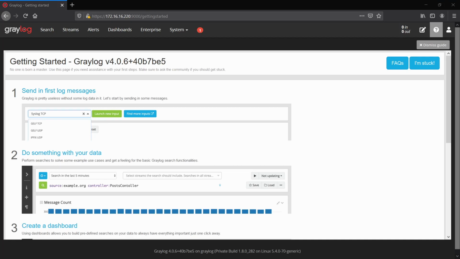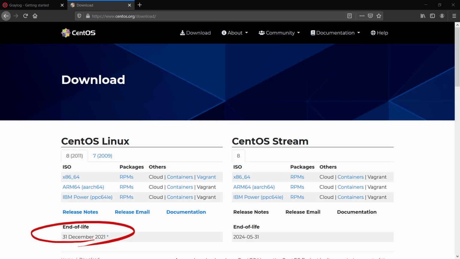Some time ago, I deleted my virtual machine for Graylog, so I found myself in the situation that I have to reinstall it once more. And instead of CentOS 7 or 8, this time I decided to go with Ubuntu, due to the fact that IBM actually wants to stop the support for CentOS, and they want to move to CentOS Stream, and CentOS Stream would be something much